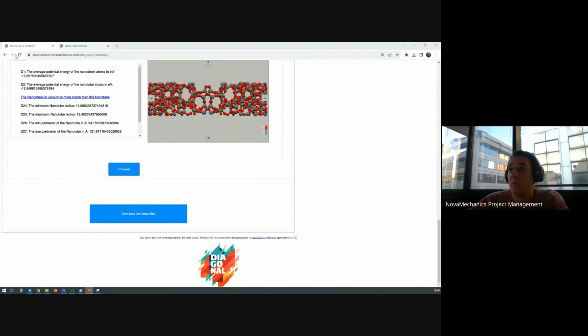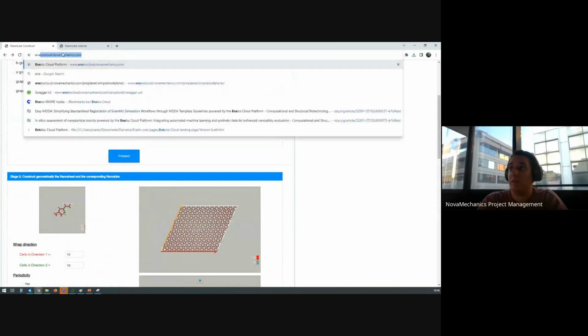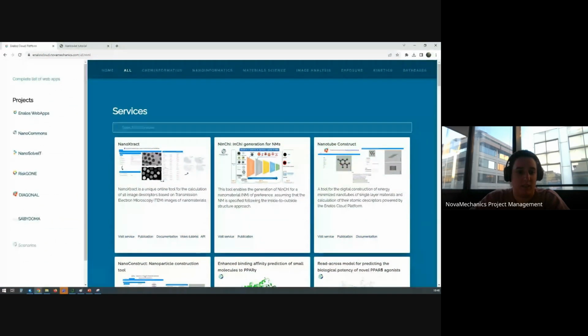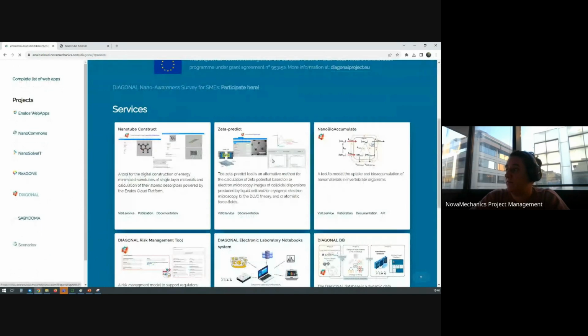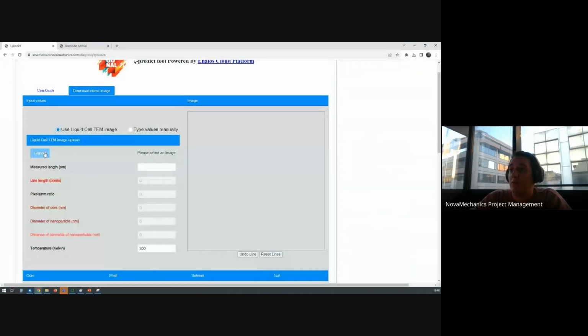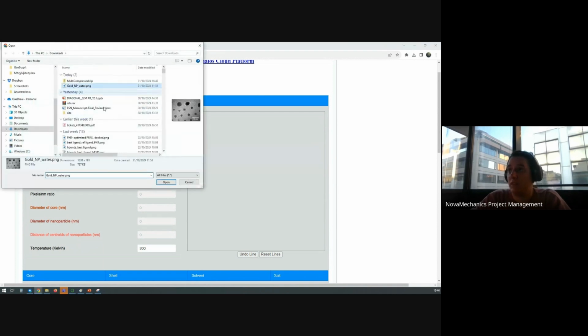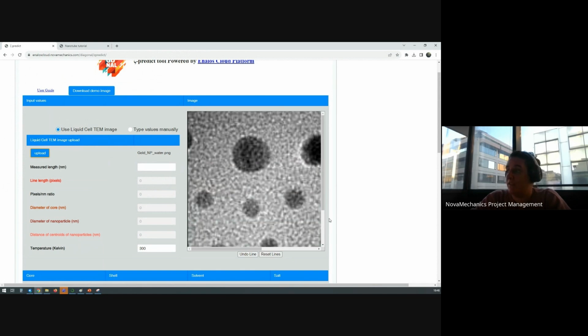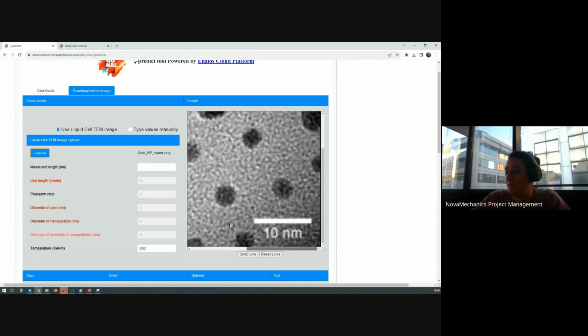Yes. So we can visit the NLS Cloud platform again. I guess you can still see my screen. Okay, perfect. What we need to do is to upload an instance of the liquid TEM image. And then we have to provide the length, the measured length from the